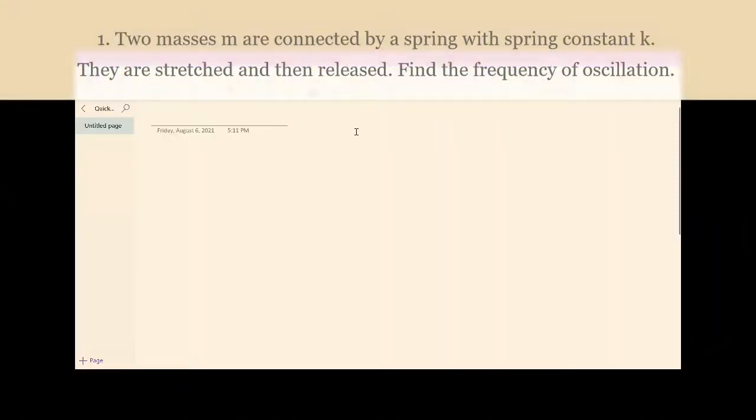Okay, so the first problem is we have these two masses, both of mass m, connected by a spring with spring constant k. And so if they're stretched and then released, we want to find the frequency of the oscillation